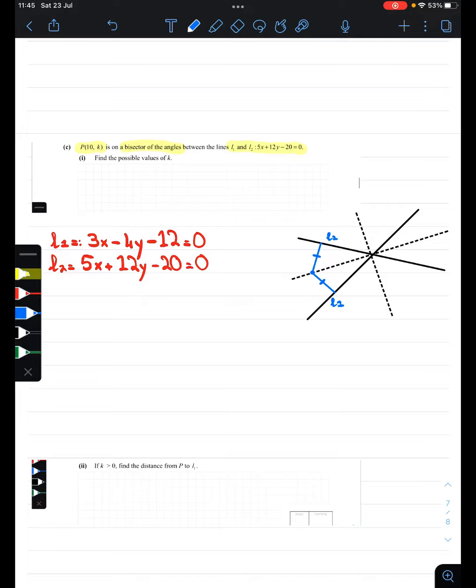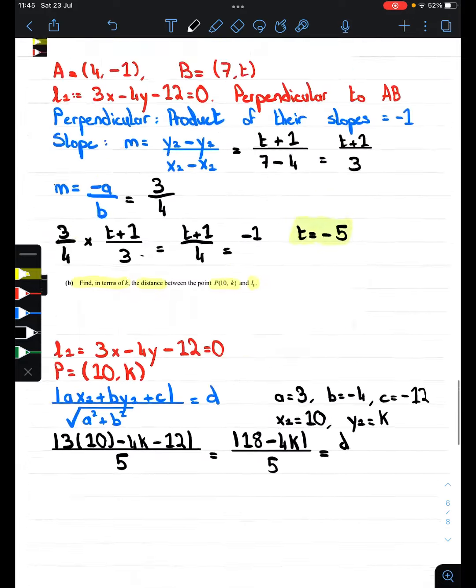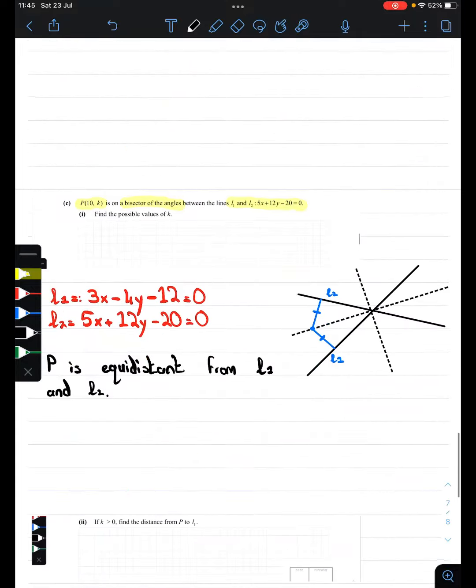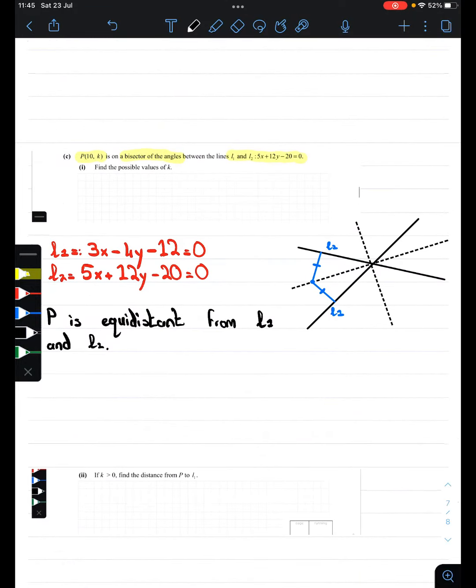Okay, so now we know that P is equidistant from L1 and L2. And we actually have an expression for